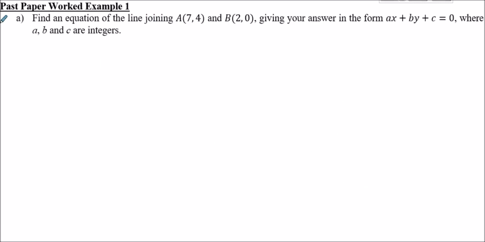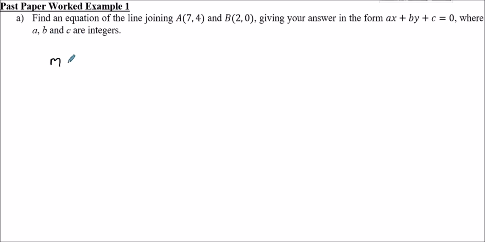Let's have a look at a real past paper worked example now. So this came up in the old spec. So this is putting together a few different skills we've come across up to this point. It's not just on what we're covering this lesson. Part A asks us to find an equation of the line joining A, which is (7, 4), and B, which is at (2, 0), giving the answer in the form ax + by + c = 0, where a, b and c are integers. So to do this, what I'd suggest we might want to do first is to calculate